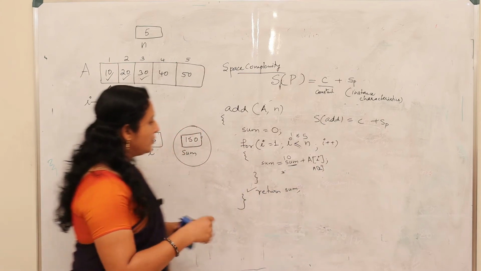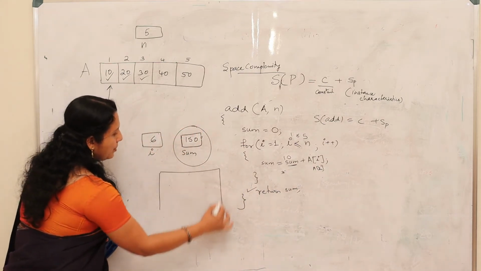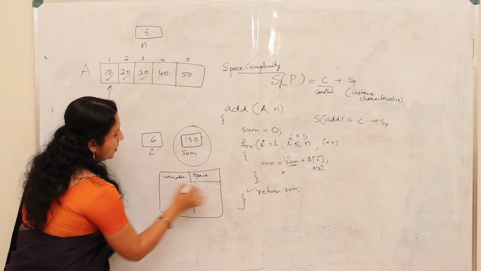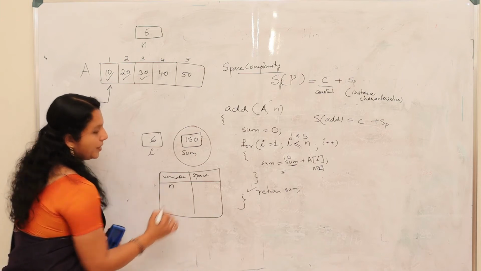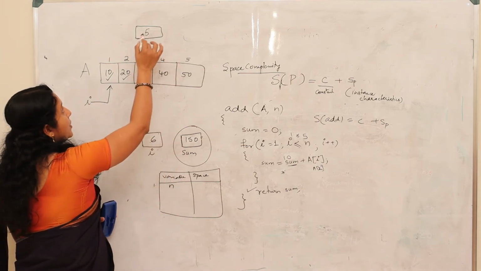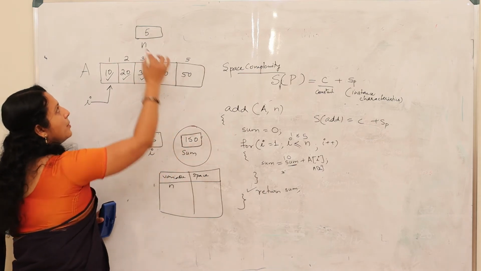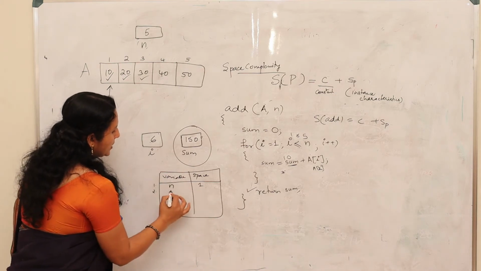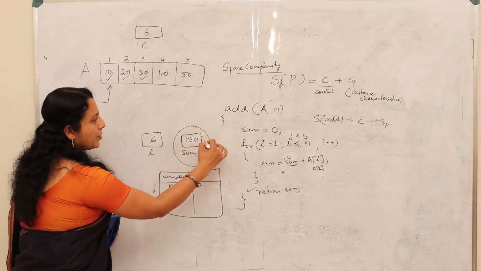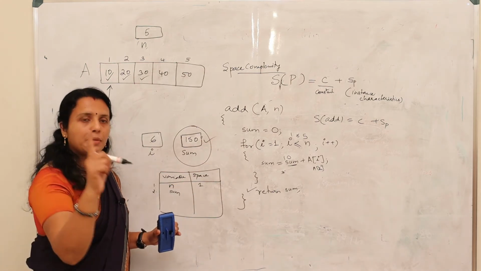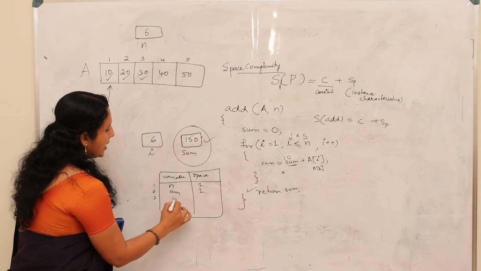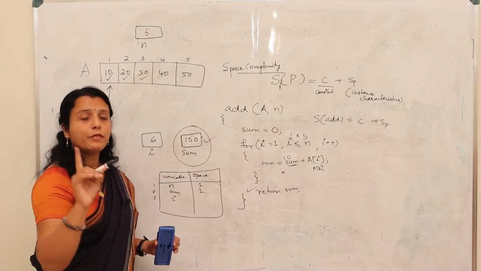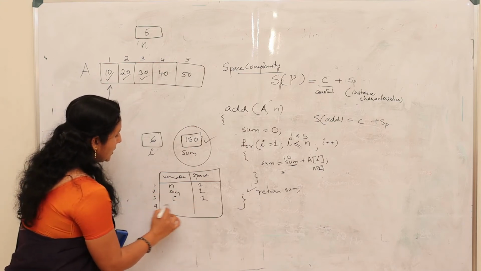Now, as you know, we have listed these variables and the space used. What is the first variable? It is n. Throughout the execution of this program, n is utilizing only one memory word. So 1. Next variable is sum. Throughout the execution of the program, sum is utilizing only one memory word, 1. Next, i, the counter variable. Throughout the execution, the i variable is utilizing only one memory word. So 1. Next, your array.